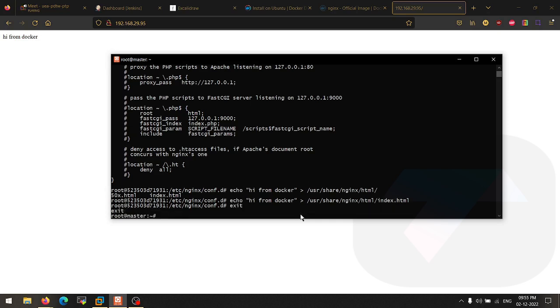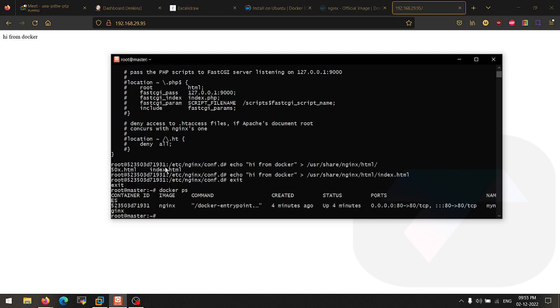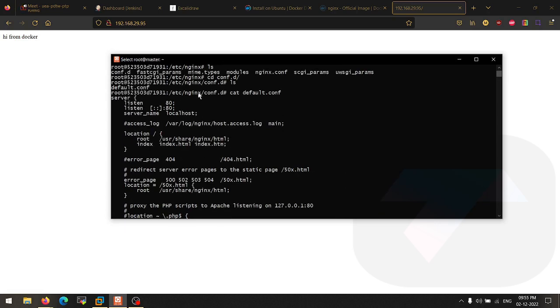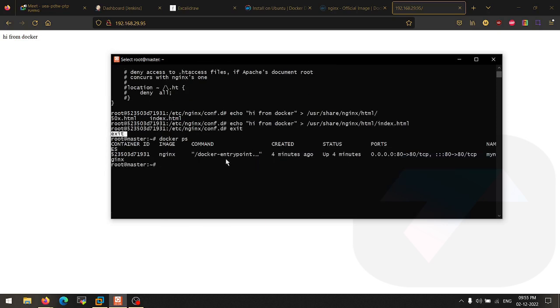Now let's exit from the container. As you can see, I am again on the master. That means I am back on the virtual machine. Now I am out of the container, but the container is still running. If you do docker ps, it's still running. We just exited the session that we created using /bin/bash with -it. This is how you can use containers. Okay, you guys got it? Yes or no?